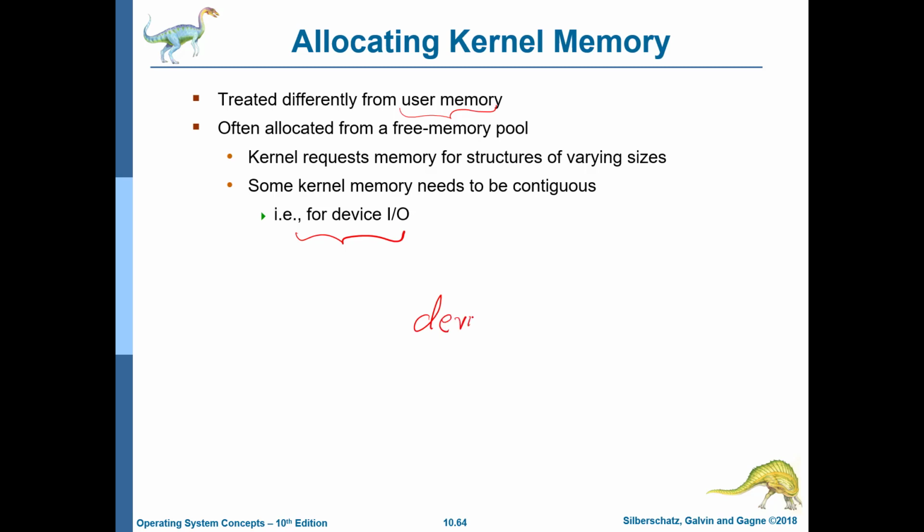So assume an external device that wants to write directly to main memory. In this case, we don't want to give it a fragmented space. The connection happens via the DMA controller, and the DMA controller will not really know how to navigate the main memory or the virtual memory subsystem. That is why, when we are considering device IO, it is much better if we are given one large continuous space.